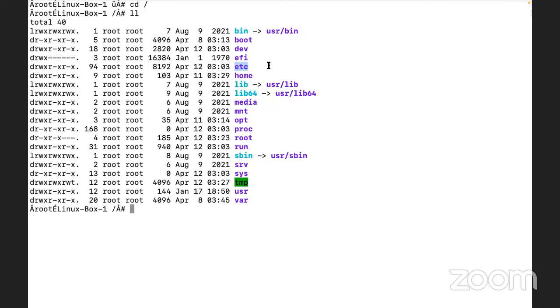What is the meaning of ETC, guys? Editable text configuration. And what does it mean? So we can edit any file, any configuration. Anything else?